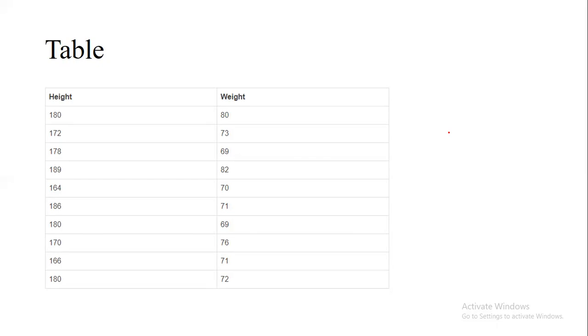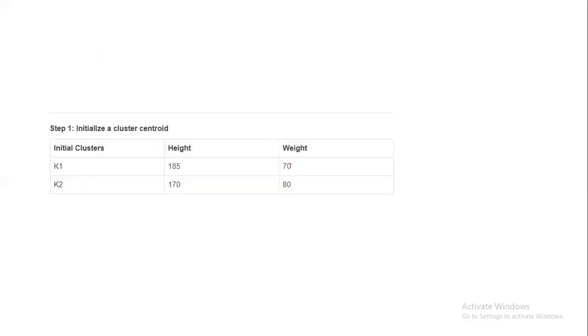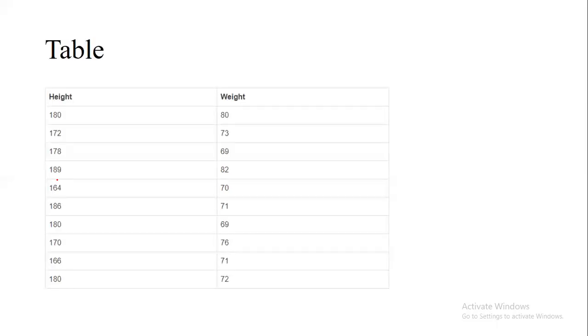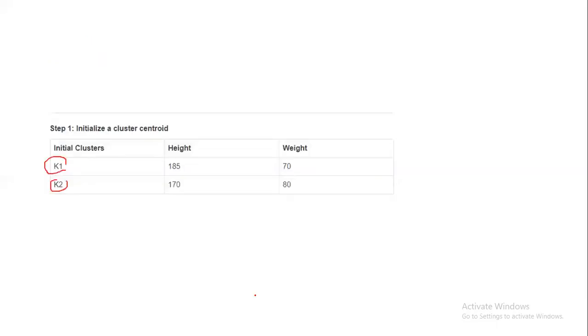In this kind of scenario, what you are going to do is make one K1 and a K2. It may be a random value you chose, or you can take the first 5 and last 5 median values from here and here. That's all up to us. It's a random value, or a median value, it's all up to you. So you chose one K1 and K2.